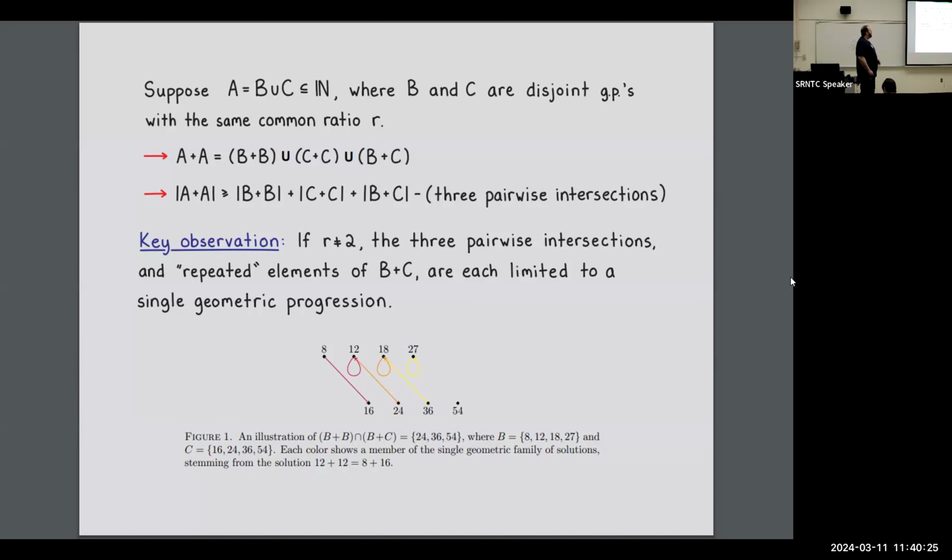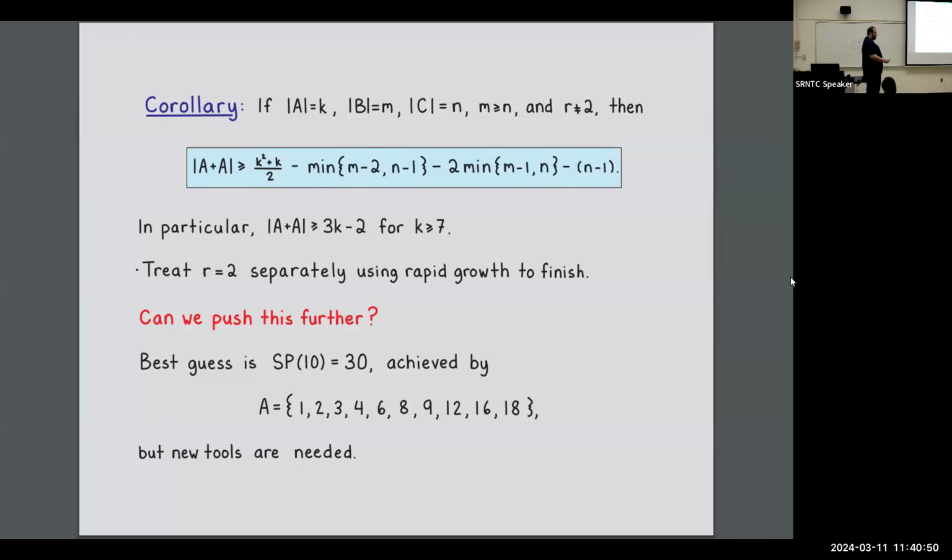But it turns out that those overlaps are limited themselves to a single geometric progression. So notice the elements in the overlap here are 24, 36, 54. It's that single geometric progression with common ratio 3/2. And because of that, you can get an upper bound on the size of those intersections. And so this is what you get. In this case, if m is the number of elements in the first piece and n is the number of elements in the second piece, you get the maximum size of A plus A minus the size of these potential overlaps or repeated